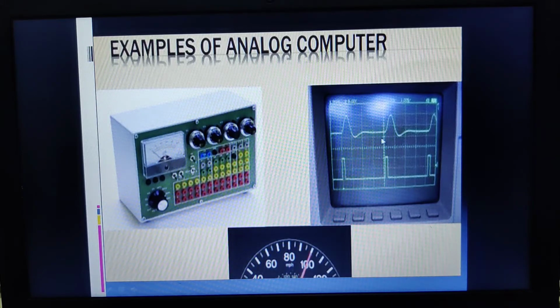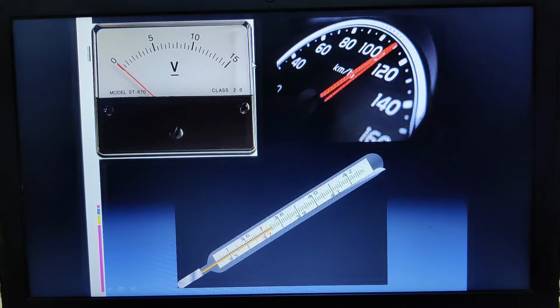So usually whatever results we generate from analog computers would be approximate, because they deal with physical quantities that vary continuously, like temperature, voltage, and length. So the results generated through these analog computers would be approximate. And these analog computers usually operate by measuring rather than counting. They measure the voltage, the temperature. So they operate by measuring rather than counting.